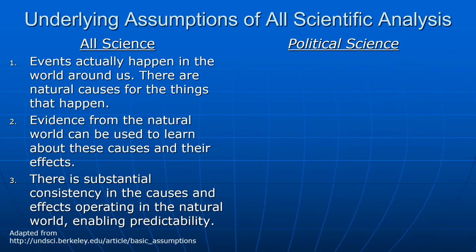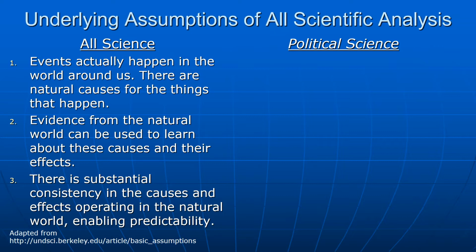We can identify consistency in causes and effects in the natural world. There's an orderliness that's there to be found, right? And we see this orderliness occur over a long period of time. So the natural world is largely predictable, and we can make projections about what's going to happen in certain areas based upon other things. So we can develop hypotheses about chemical reactions when we gather certain information and base that on previous findings.